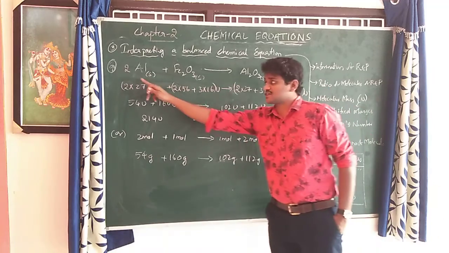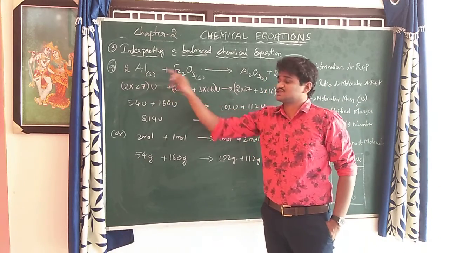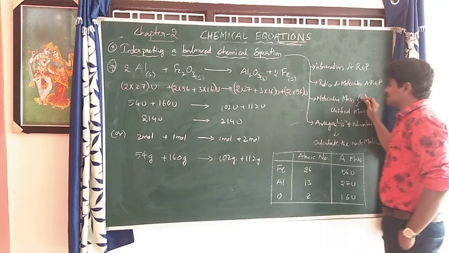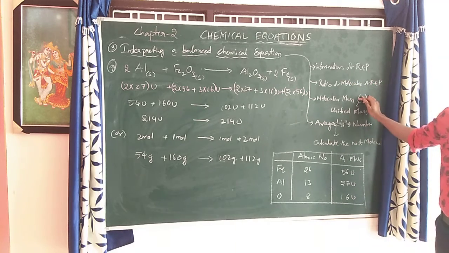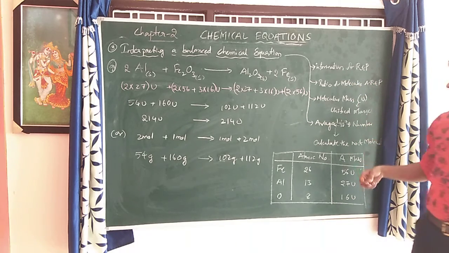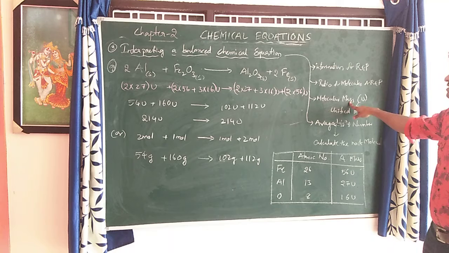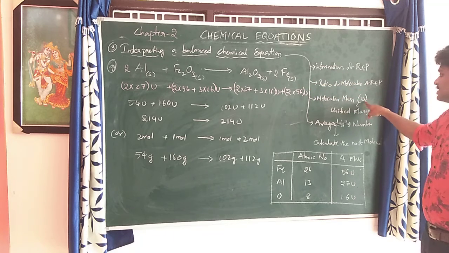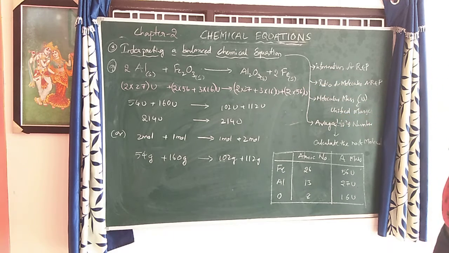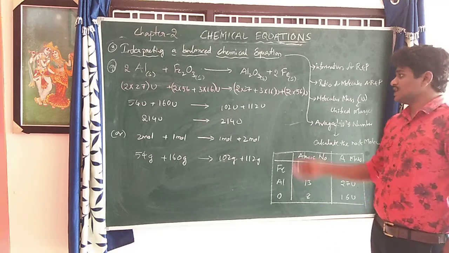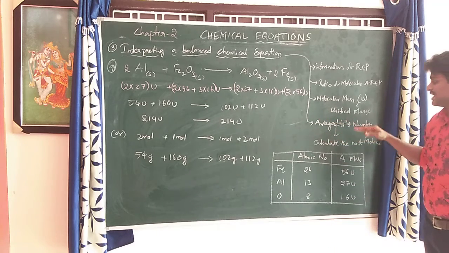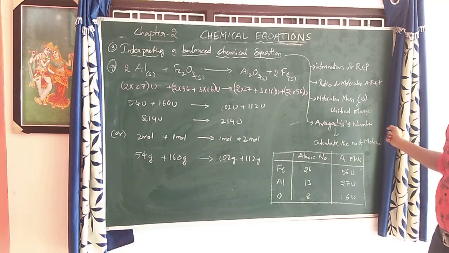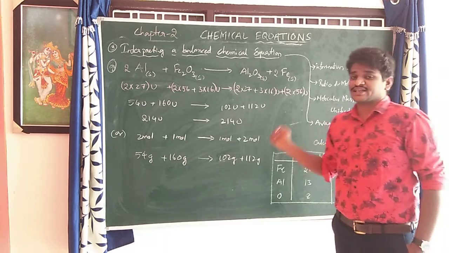It can also give the ratios of the molecules. Here it is a 2 to 1 ratio, and here a 1 to 2 ratio, like that. Next, it gives information about the molecular masses. In reactions we use U, which means unified mass. Next, with the help of the Avogadro number, we can calculate the number of molecules present in a reaction.